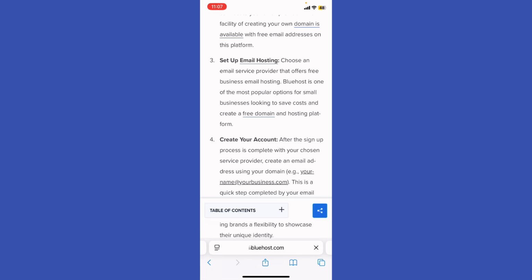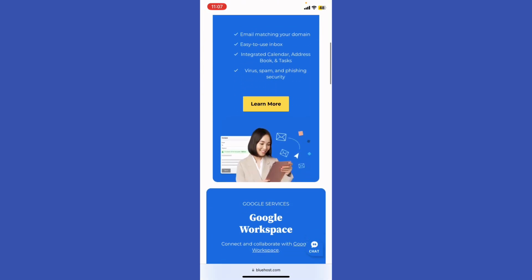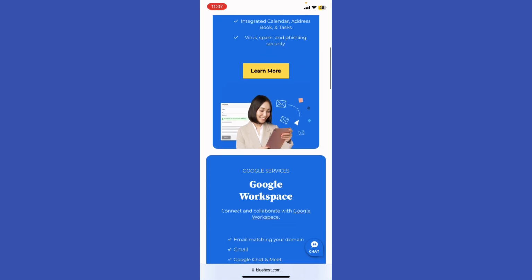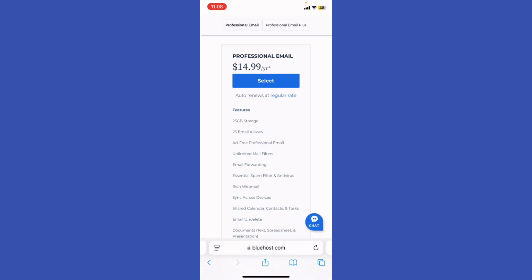platform. So we're gonna go ahead right here, click email hosting, and you're gonna select your plan. And then basically what you're gonna do, you're gonna click right here, learn more, and you're gonna select your plan, of course. And basically you're gonna select the professional email, or business email, and then just go ahead and